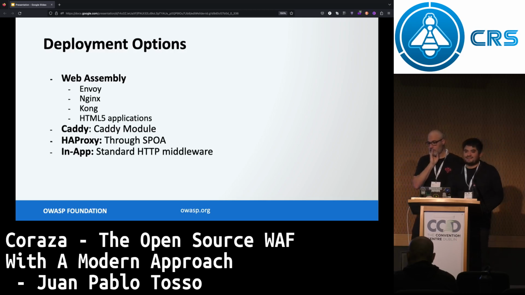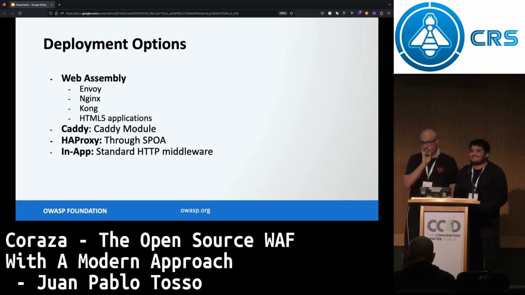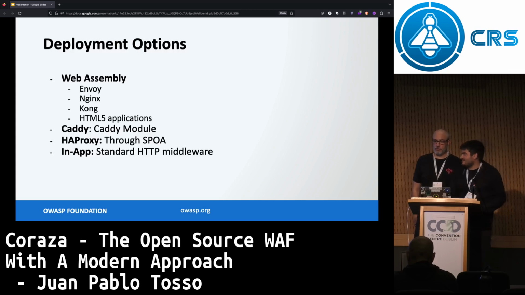HAProxy through SPOA. And this is a fun one. We were discussing it during lunch. There are some enterprise companies and some governments that are using Coraza as an SPOA proxy server.